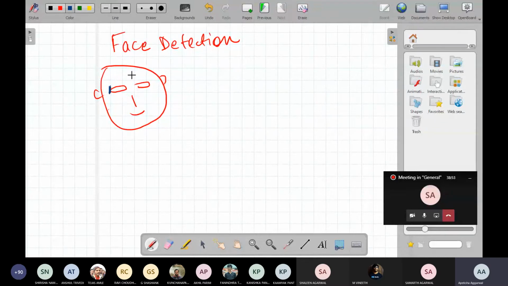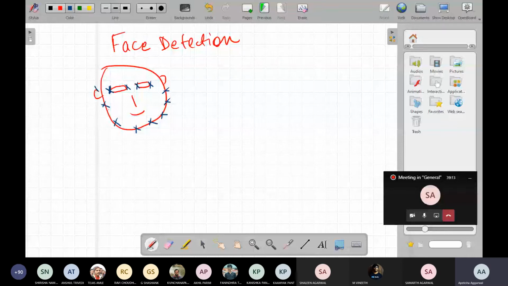For classifying this image, I need certain positions in my face: the left corner of the eye, the right corner, the left corner of the right eye, the right corner of the right eye. Then I would require certain points in the jawline, and certain points in the ears. So these are all the points.